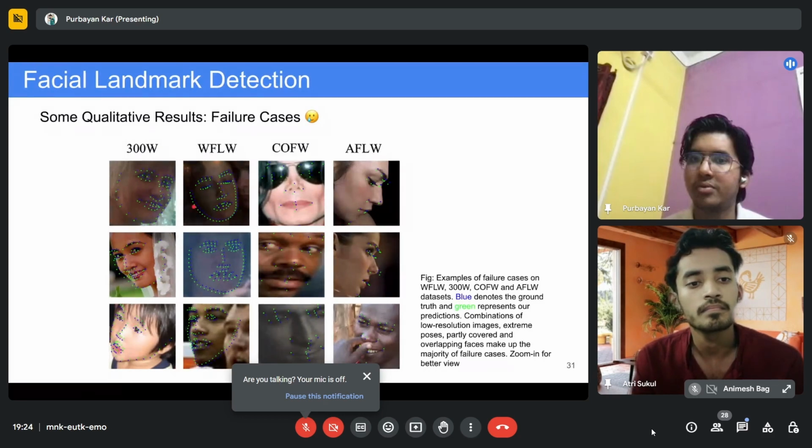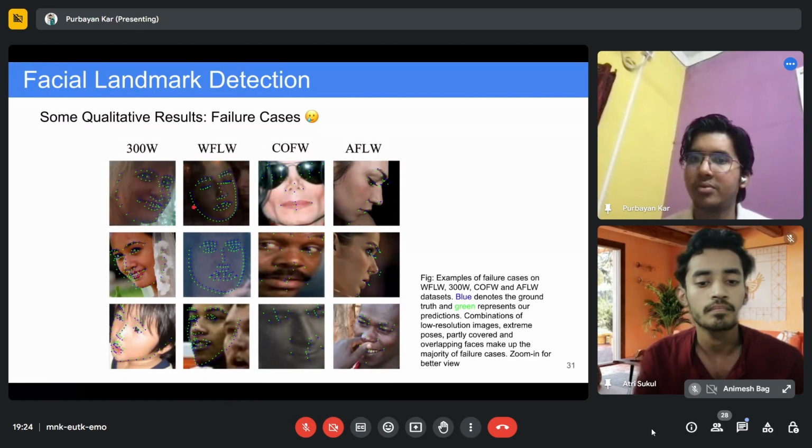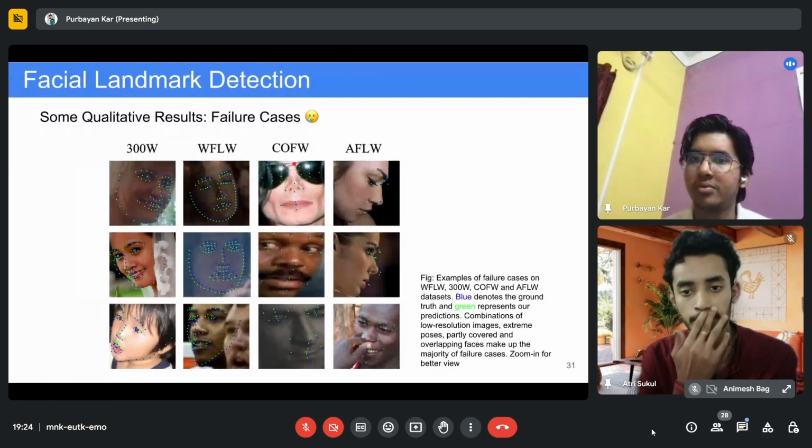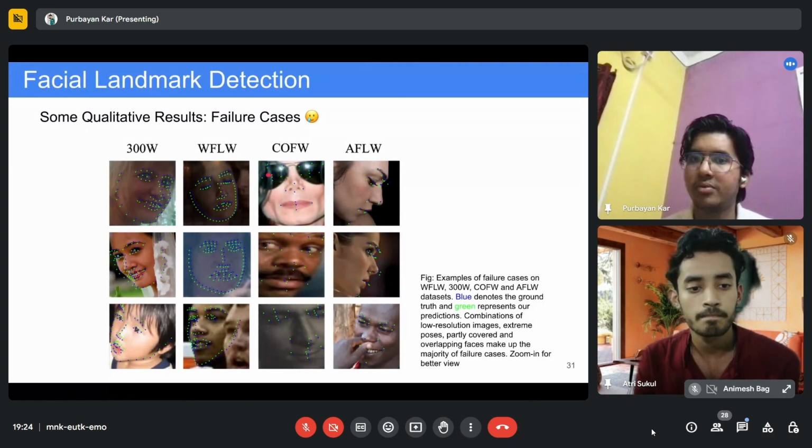It has not been able to predict properly because of this extreme occlusion in the faces. Another instance is when the face is very zoomed in and the entire face is not visible. Like this face of Michael Jackson, it's very zoomed in, and even his eyes are not visible because of these glasses. So it has not been able to properly predict the landmarks in the eye region.